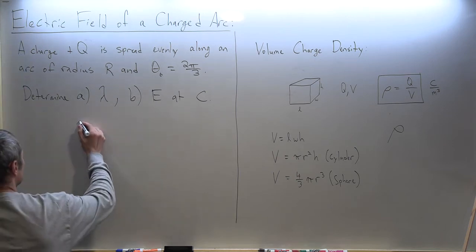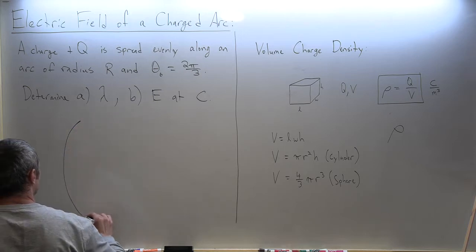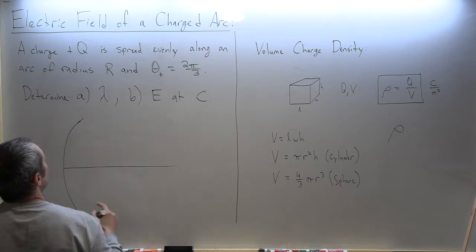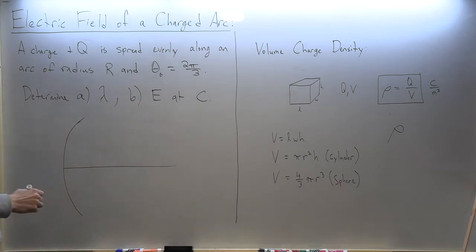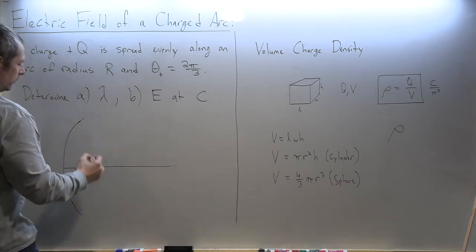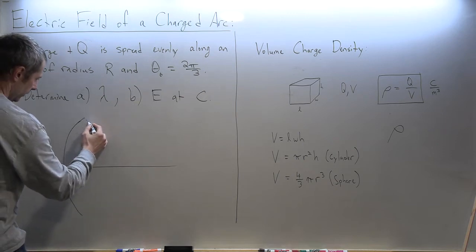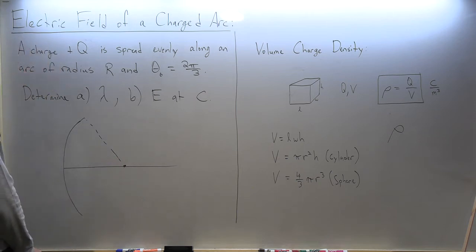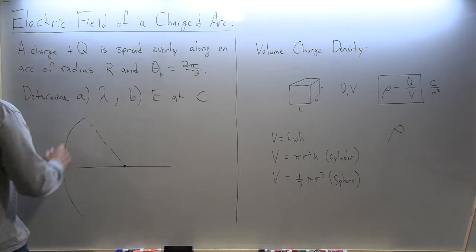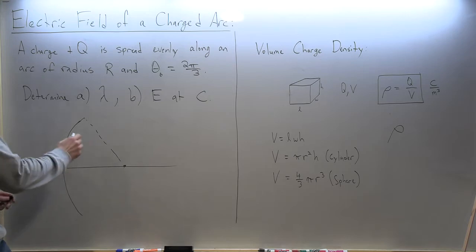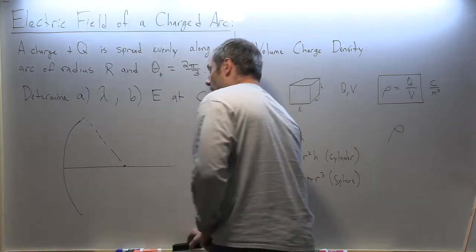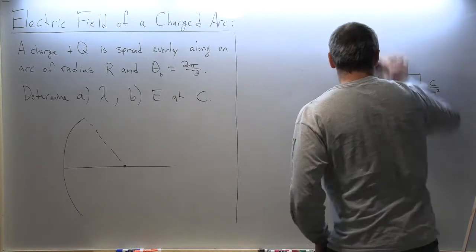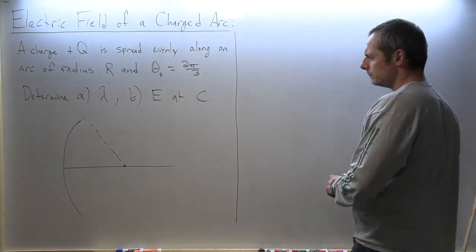Actually, yeah, maybe I'll do that here. So, by the way, 2 pi over 3 is 120 degrees. So it's about a third of a circle. So we want to know the electric field at that point. This is radius r, and so that's the part B. Part A, though, the lambda, the charge per unit length,